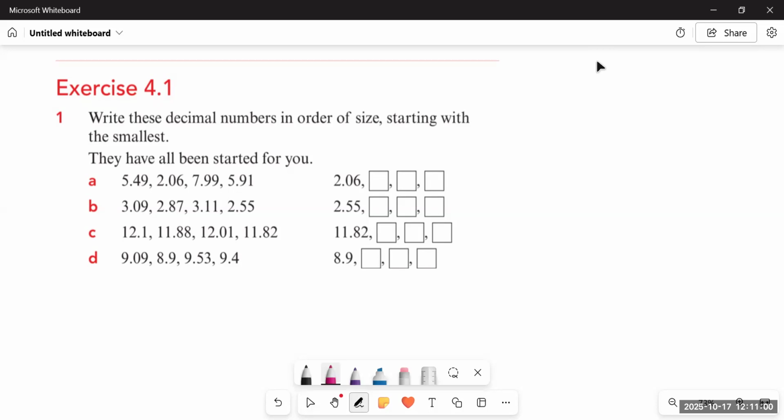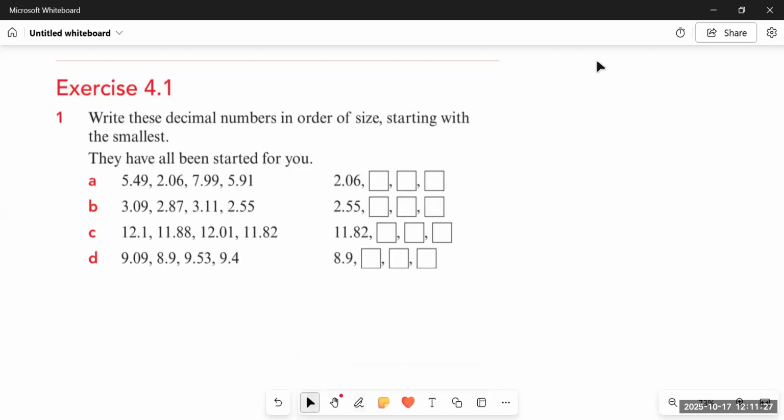This is Cambridge Lower Secondary, Book 8. Today we are starting chapter number 4 regarding decimals. We have already done these sort of questions earlier a lot of times, so it's sort of a revision. Let's see what's required in the question, and we have to learn how to arrange them according to their size, how to compare the two decimals. It's very easy. You just need to understand the basic concept of decimals, and then it will become very easy